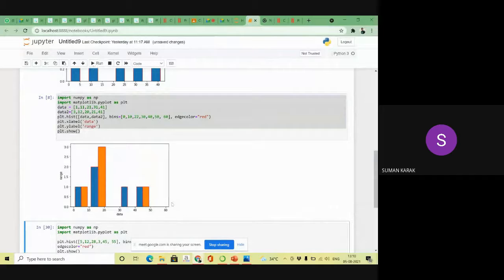So between 50 to 60 no data are there, that's why it will be blank, that's why the bin value is blank. But when I mention cumulative is equal to true, between 50 to 60 both bin sizes are the same, both bin values are equal to 0, so that's why it will be showing that result. Okay, I hope you understand.